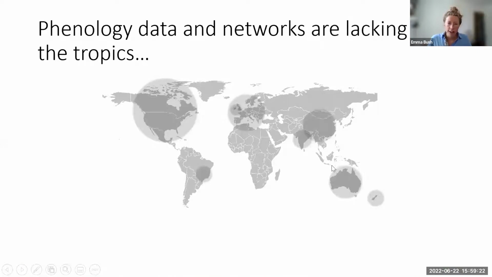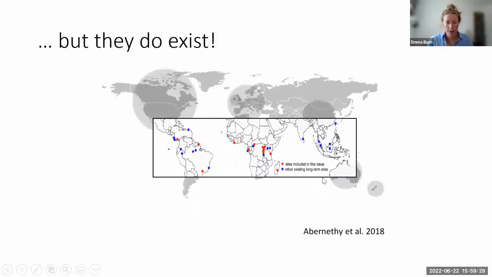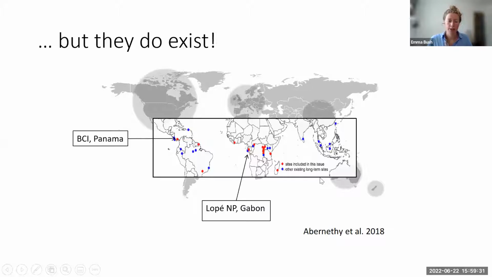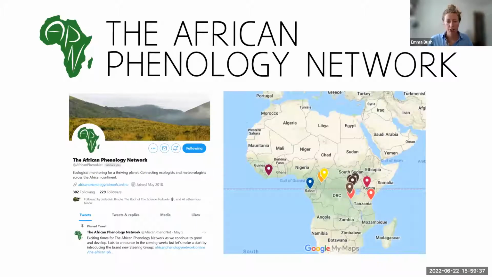So phenology data and networks are lacking in the tropics. They are mostly centered around the Northern Hemisphere. But there is phenology data in the tropics, and the two longest sites for forest communities are BCI in Panama and Lope National Park. But to try and address this, we formed the African Phenology Network about 5 years ago,